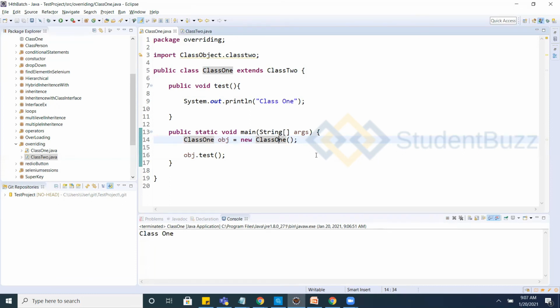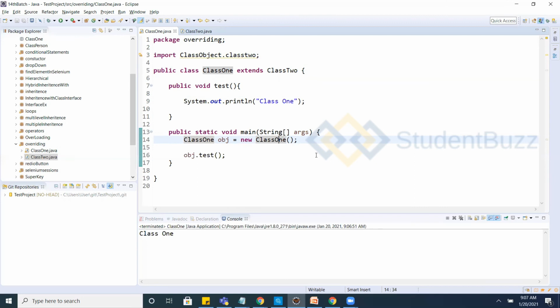You want to achieve overriding, right? To achieve this overriding, you need two classes. Both the classes should have some relationship, that is, it should be extend. That inheritance concept is coming here.